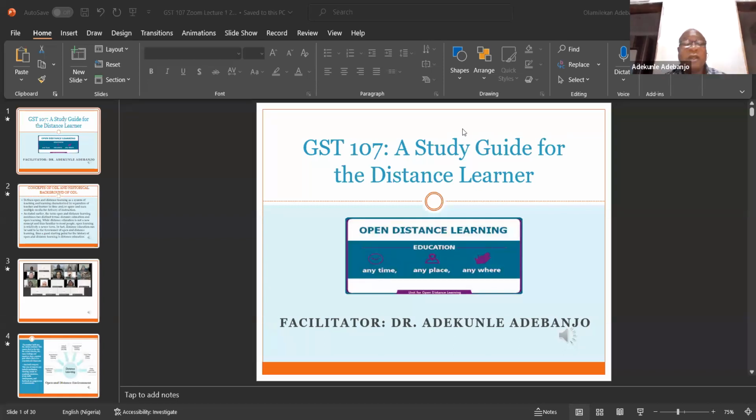So this course is a kind of course that gives a bedrock that allows your coming into this university well known. Because if you are coming to a university, there are some things that you need to experience. There are some things that you need to know. You can't just go into somebody's house.